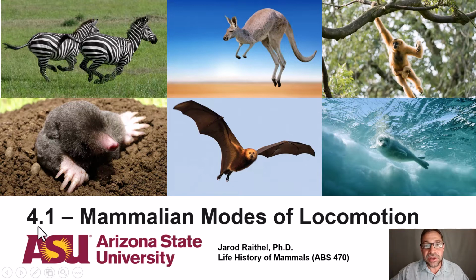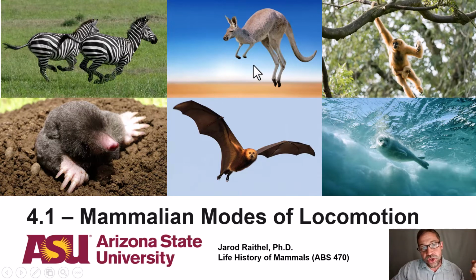The first lecture in Module 4, Lecture 4.1, is entitled Mammalian Modes of Locomotion. So today I will be describing the myriad of different ways by which mammals have evolved to move from point A to point B. I will detail some of the anatomical adaptations that are characteristic of cursorial or running species like these zebras,